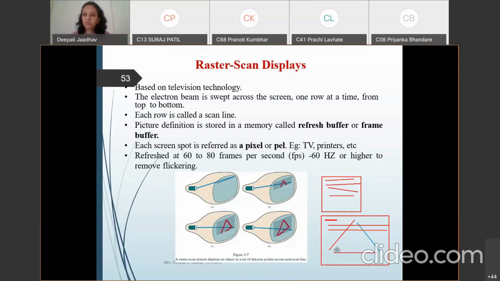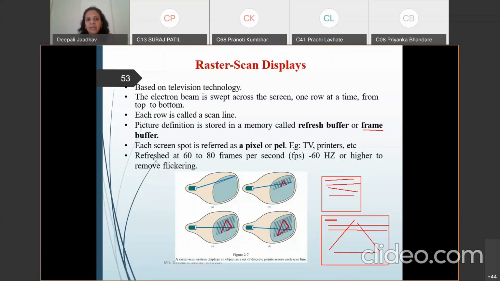Then it goes to the two magnets, vertical and horizontal. That horizontal and vertical magnet decide the particular direction and the point on the screen where to display. So this pixel position, it may be 200 horizontally, 100 vertically, is stored in the frame buffer.